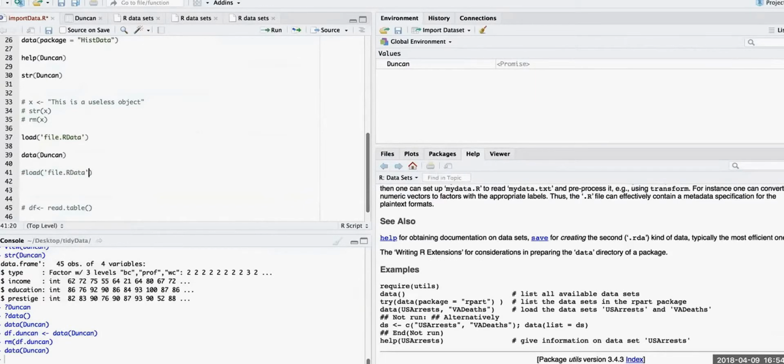Most data sets aren't going to be in R dataset formats, unless you save it that way. And you can do that. So then if we have this data set here,